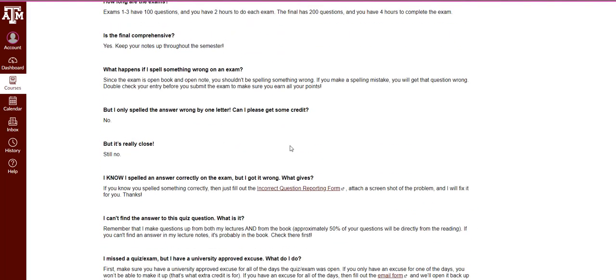Oh yeah, here's all the spelling stuff. So here's the thing. On those fill-in questions, there is absolutely no way that I can accept every single possible spelling for a word. What I do is I put in the correct way it's spelled, and then, if I happen to misspell it in the textbook or on a slide, I'll put in that way too, because it's unfair to teach you how to spell it correctly if I can't hand that to you. And since I'm dyslexic, that's an issue. But there's not much more I can do after that.